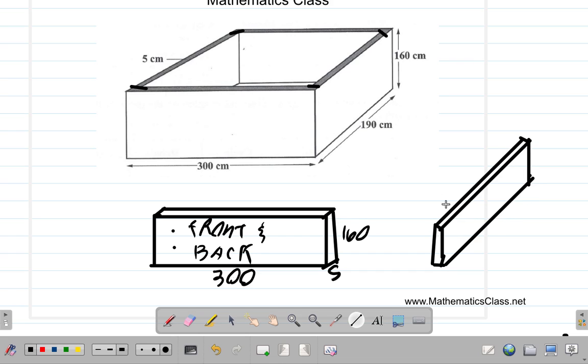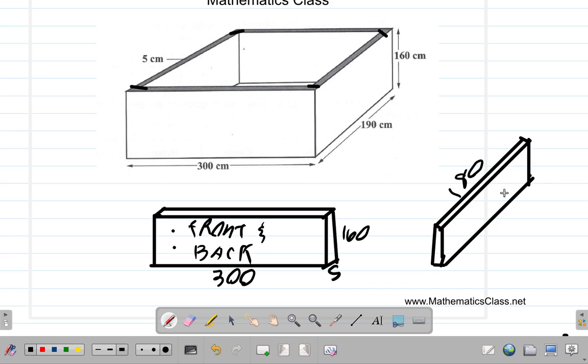Let me see now. You have each in between them. So you have 190 minus 5 minus 5, so that will be 180. You see? You cut off 5 from here and 5 from over here, if you fit each between the front and the back and nail it. So you have 180